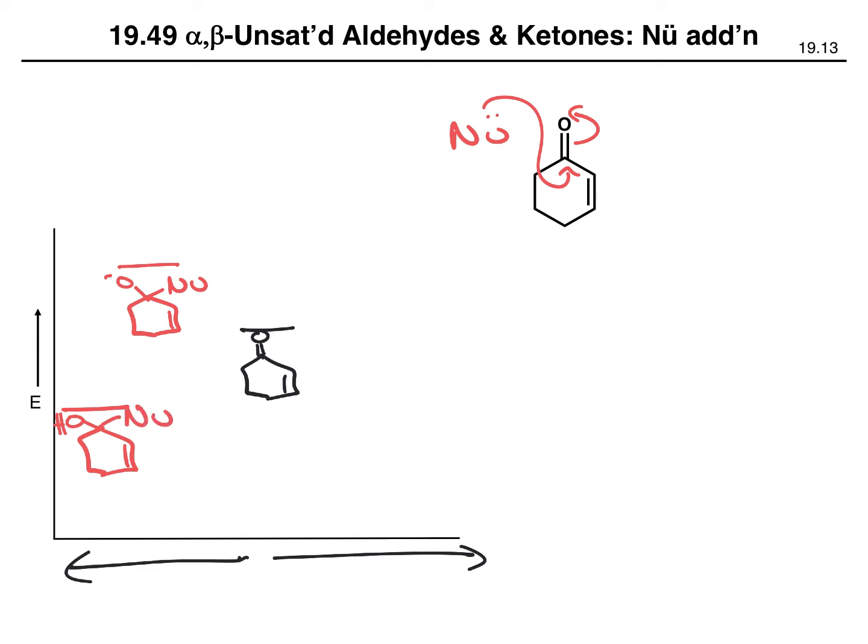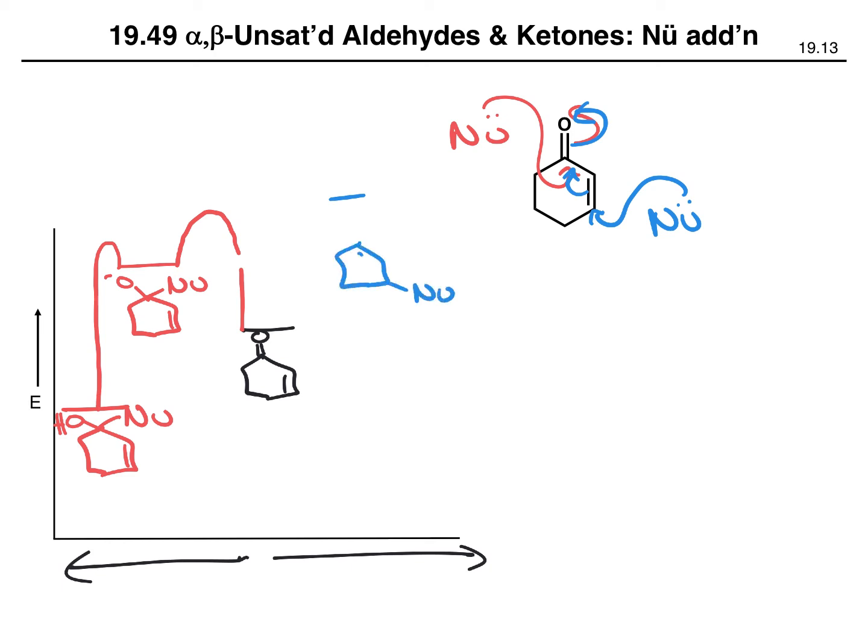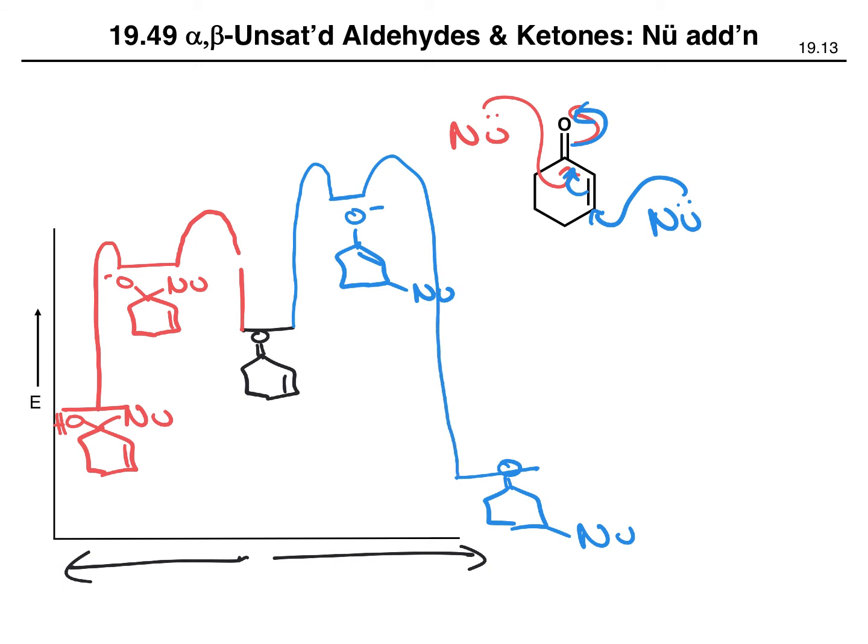These are intermediates, which means that we have a transition state leading to that intermediate, and then a transition state leading to this intermediate as well. Or we can have 1,4 addition, and this intermediate would look like this, and then this product would look like this. So activation energy getting to the transition state, and then there's some transition state bringing us to this